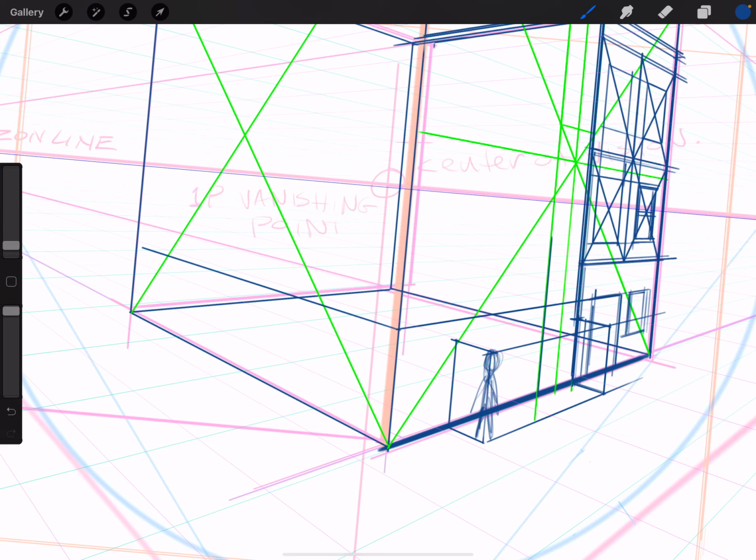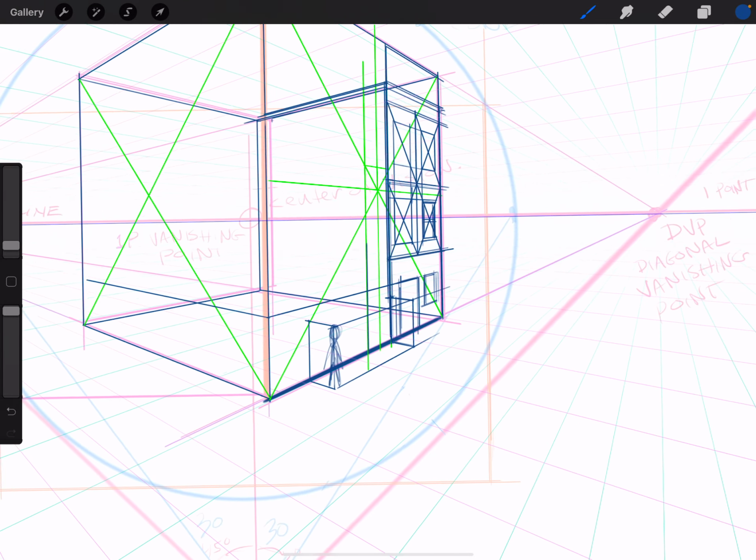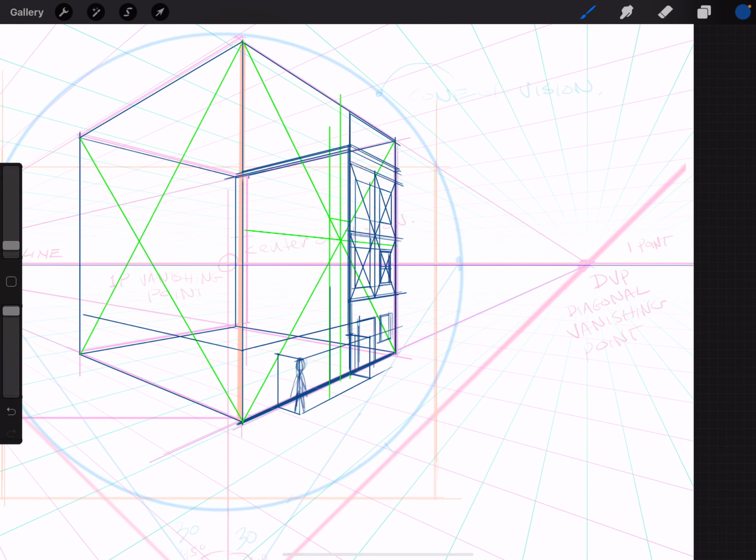Actually, before I put the door in here, I want to start doing some of these inclined planes. So my first idea is to have, over on this side, a steep uphill. So here's my vanishing point currently. And so I'm just going to draw a line up and pick a point, and then I'm going to draw,